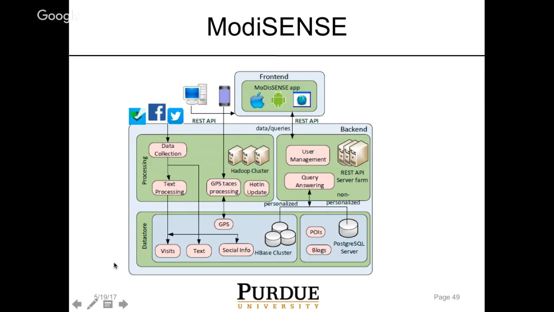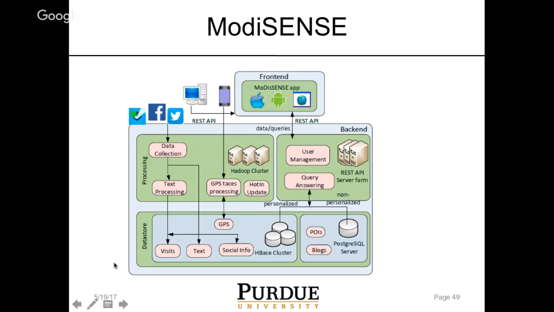This slide describes the structure of the ModiSense system. ModiSense has a front end or user interface for desktop application and cell phone application. It has a storage layer that has an HBase cluster, and also a Postgres SQL server. The HBase cluster is mainly used for data that has a high rate of updates, and Postgres is used for data that is infrequently updated, for example points of interest or blogs from users, but